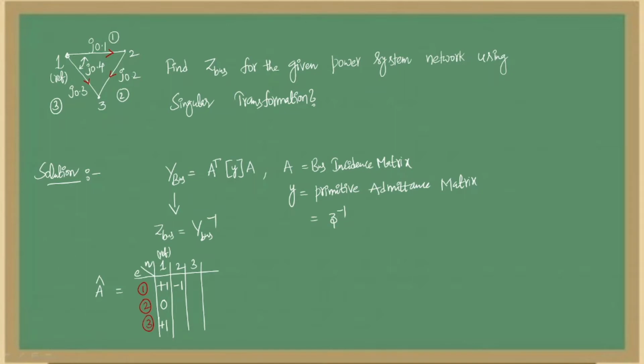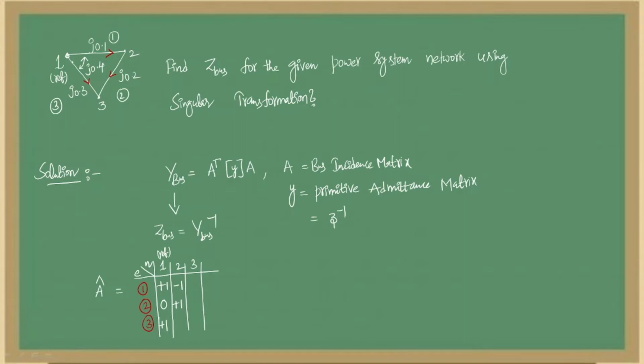Next, for the second node, the second element is moving away from the second node, so I can consider it as +1. And the third element, this is the third element and this is the second node. The second node and third element do not have any coincidence. Coincidence means that the particular element must be terminated by a node, then we can say the element and node are coincident.